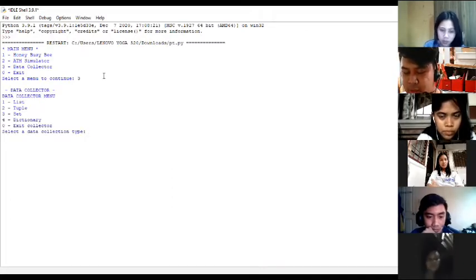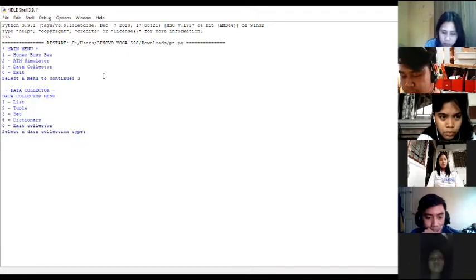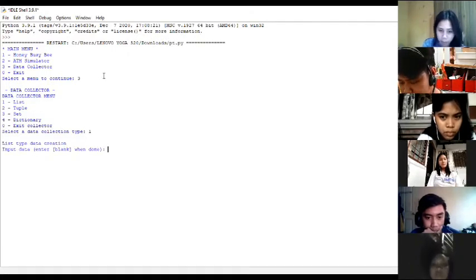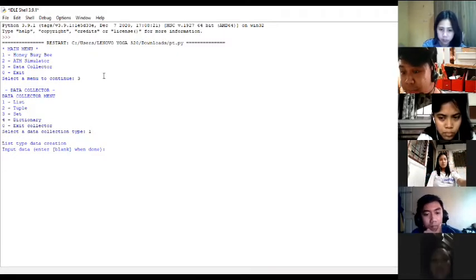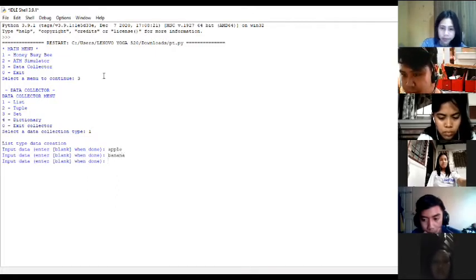So if the user chooses the data collector, this menu would appear, and the user has the freedom to choose what kind of method he or she wants to use. So if the user chooses the list method, the program will let the user enter an item to be included on the list. It is important to know that the user can enter any type and any amount of data. For example, for fruits, if the user added apple, banana, and cherry,